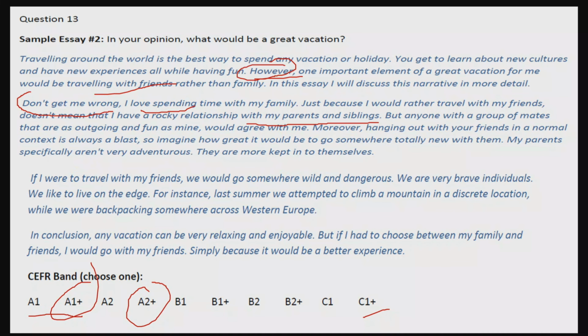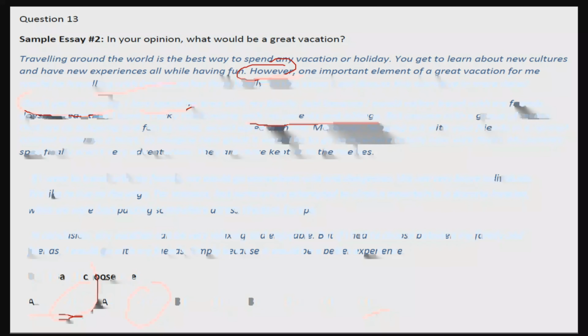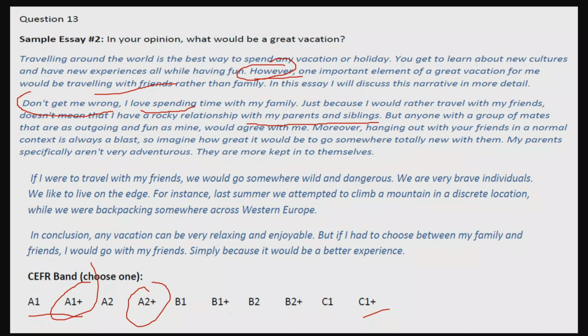This person is using simple sentences, compound sentences, and complex sentences. So you can see here that this person does not show a beginner level, because he's not answering in one word or phrases. So that means it's not level A1, A2, or even A2 plus. This is above basic level.